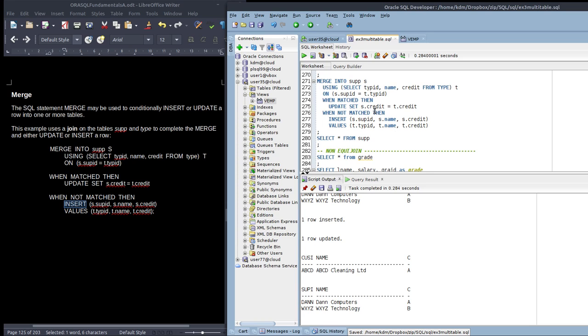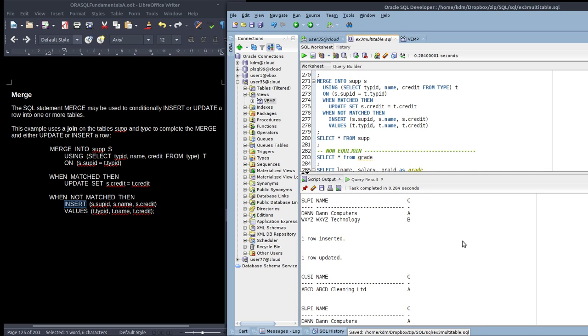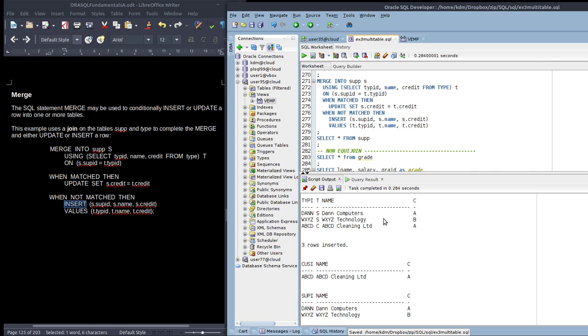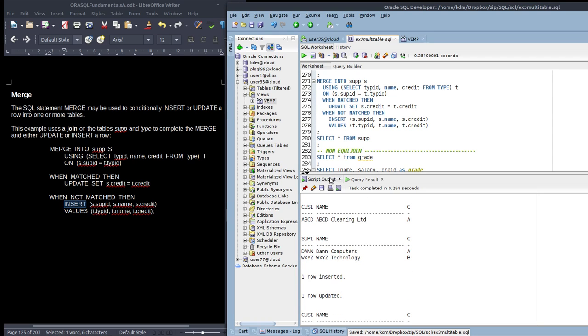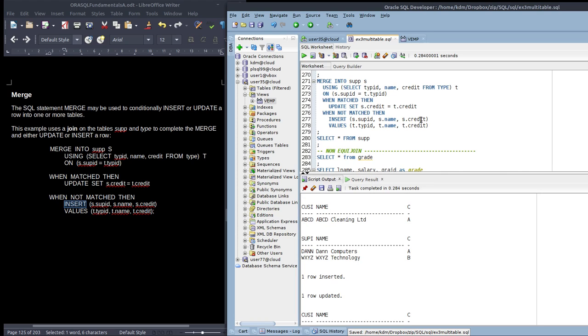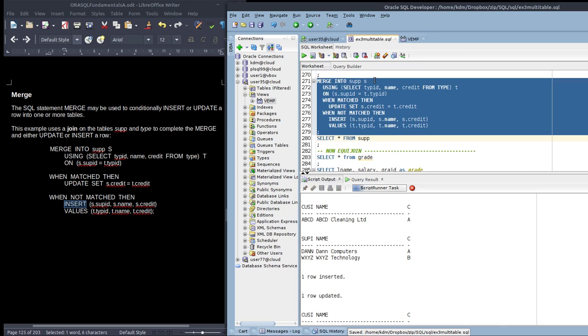If there's not a match, which is the new supplier COMET up here, oh, that was in the other window, beg your pardon. That's in this window, COMET, that will be inserted in here. And if I then run the merge, because that just says merged records,